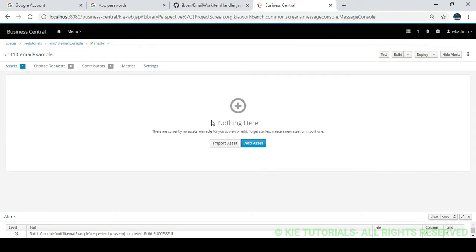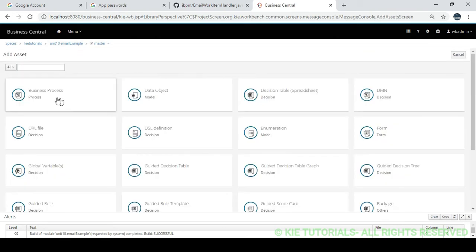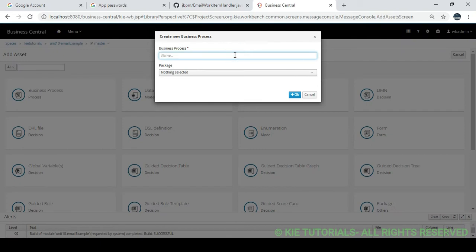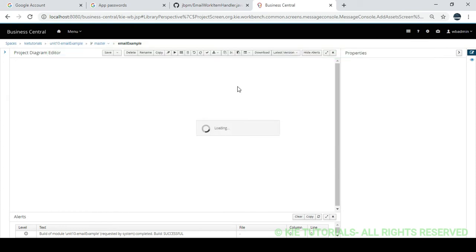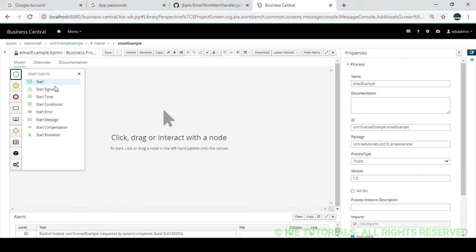Now go to the assets, add an asset, add a business process, email example, click on OK, select your appropriate package and click on OK. Let the editor load, select start.